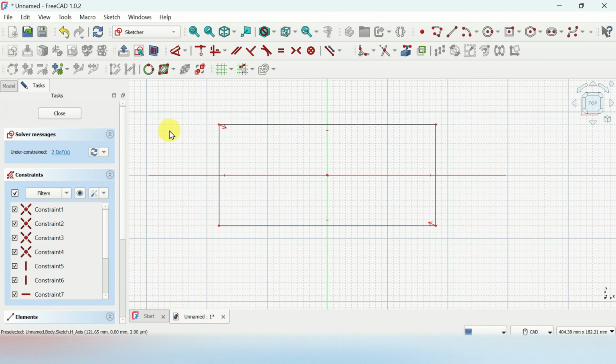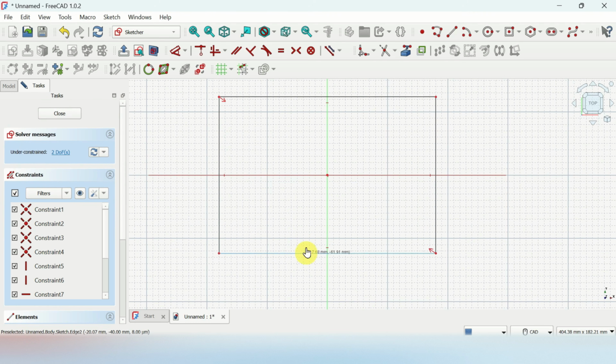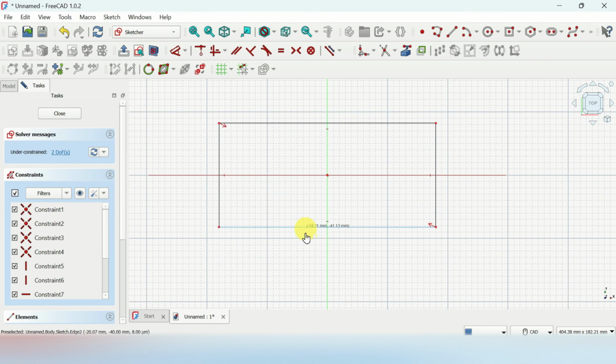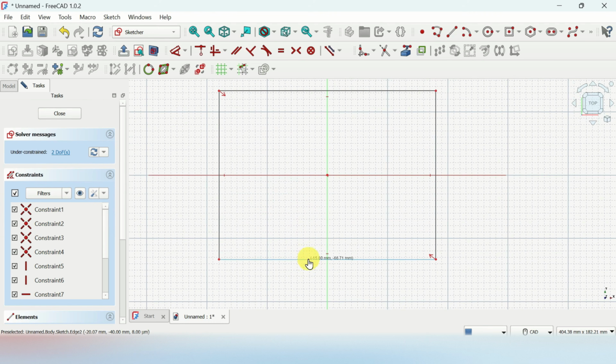Here immediately we need to observe one very important thing. Namely, under solver messages you will see under constraint 2 degrees of freedom. So what does this actually mean? Namely, if you click over here and try to move this line, you will not have any obstacles. That is, you can easily adjust the